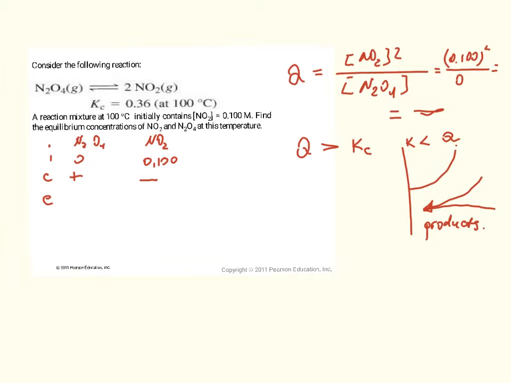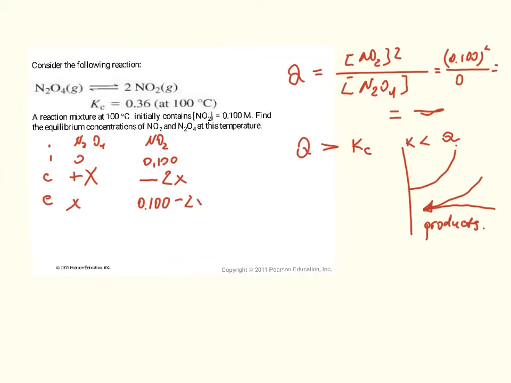This is why let us put x for changes in concentration for dinitrogen tetroxide. Hence, by stoichiometry, it's going to be negative 2x for nitrogen dioxide. Then equilibrium concentration for dinitrogen tetroxide is going to be x, and equilibrium concentration for nitrogen dioxide is going to be